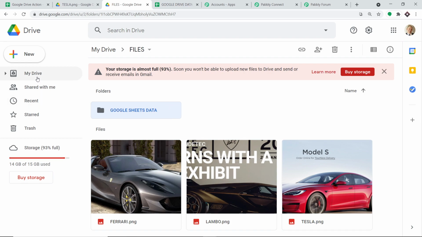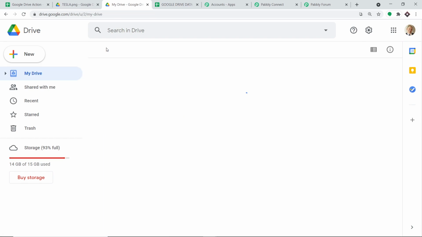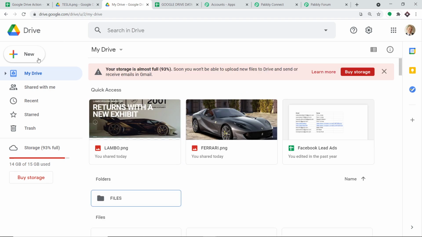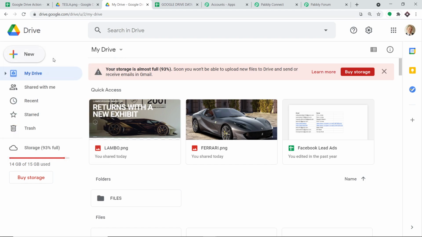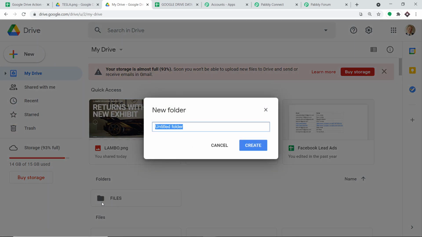Oh, I'm sorry. We have accidentally created this particular folder, Google Sheets Data, inside the files folder. I actually wanted to create it in my drive. So we are going to create one more folder, and this folder will be outside of the files folder. Just ignore the step that I had made, a small mistake. This is the home page of my Google Drive and here I'm going to create a new folder. The last time I actually created the folder inside this folder, so that was wrong.